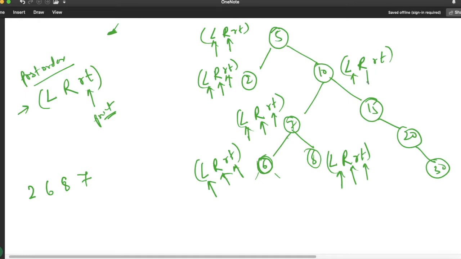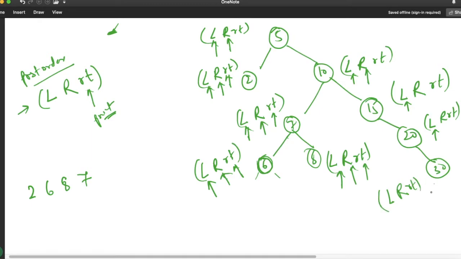Now next we go for the right check. Here we have the node with value 15, so we again apply left, right and root. For each and every node we have to apply this order. Here the left part is none, so we are done with left. Next is right, which has node value 20, so we apply left, right and root for this node. Again left is none, so we are done with left. Now we check the right, which has node value 30, so we apply left, right and root for this node 30.